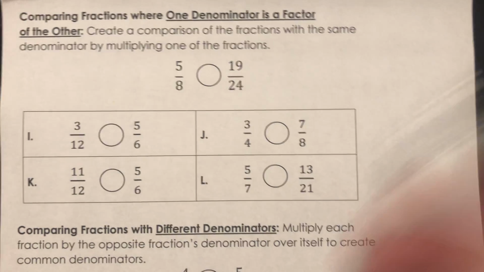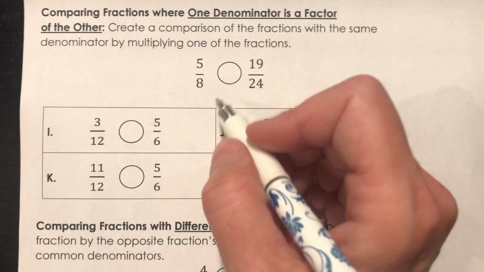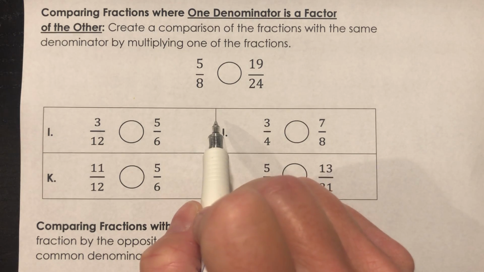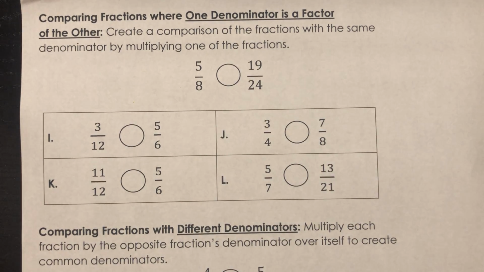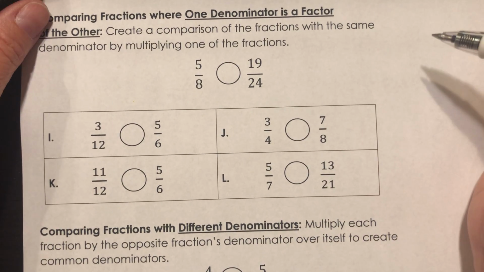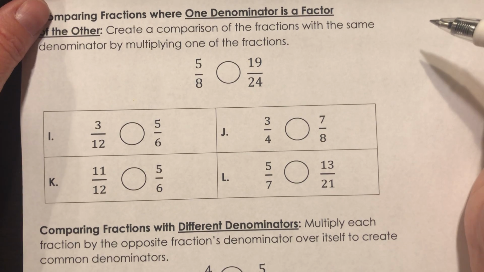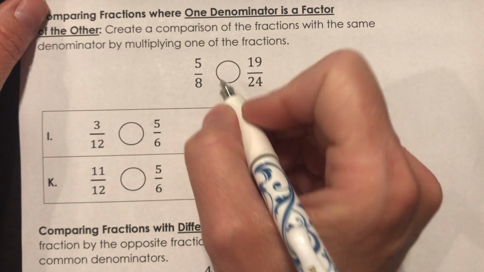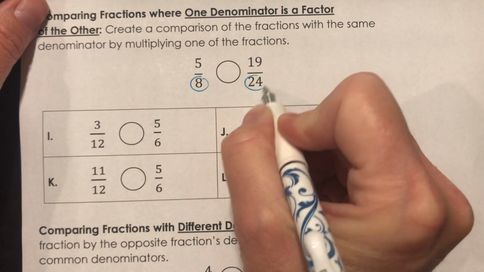This is the same thing, guys and girls. If I'm looking at this, I have 5/8 and 19/24. We learned that if our denominators are the same, the fraction with the higher numerator is greater, right? I'd have to say, and I think you'll agree, that's the easiest way to compare when the pieces are the same size, right? So in looking at these denominators, 8 and 24,